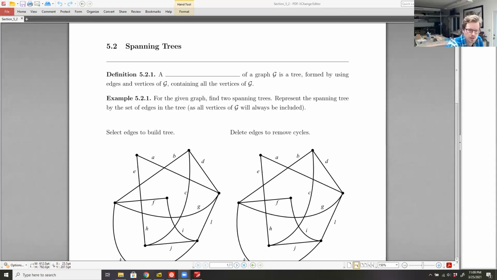So let's take a look at the formal definition here, as well as a couple of examples that do exactly as I described, either include edges to build a tree or delete edges to create a tree. All right, so let's take a look at our notes. Okay, a spanning tree